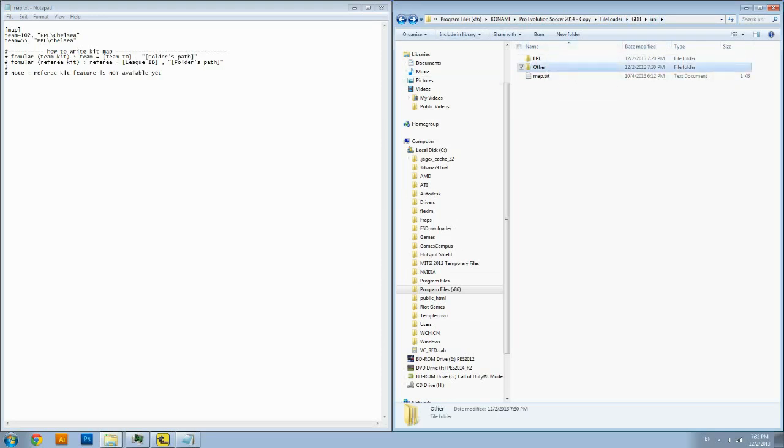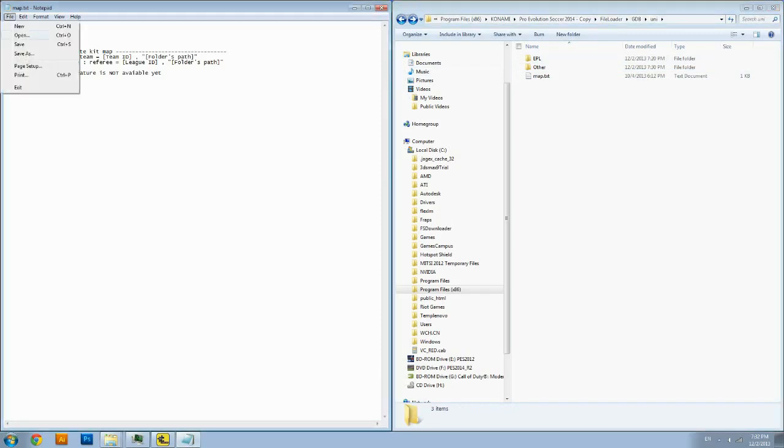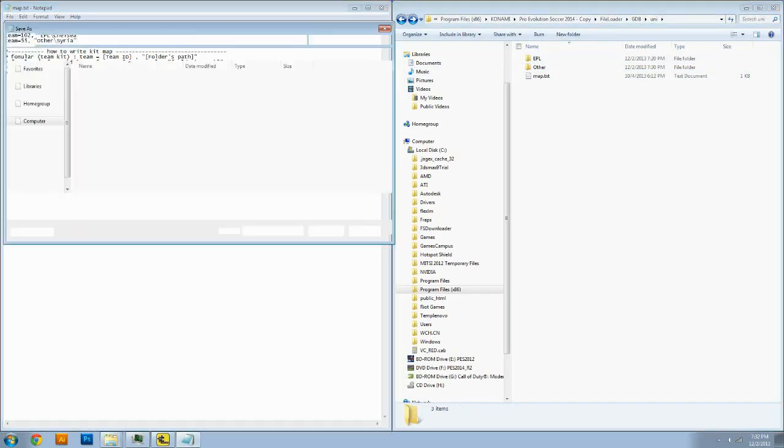So we have to go into other, then we got to go into Syria, and then you'll find the P1, P2. So we type in other, and then the folder that your kit is in. So there you go. And that's pretty much it. So it's going to have both kits, and we're going to try to save this,